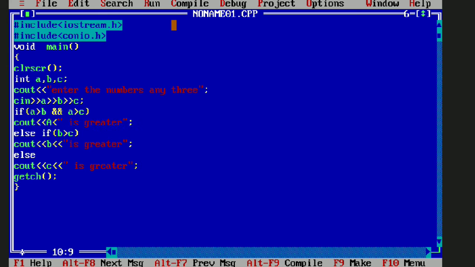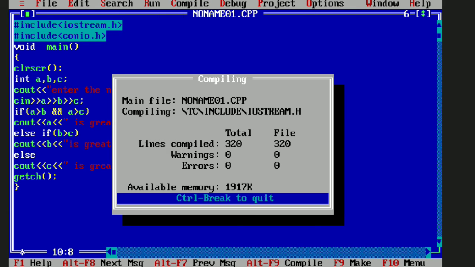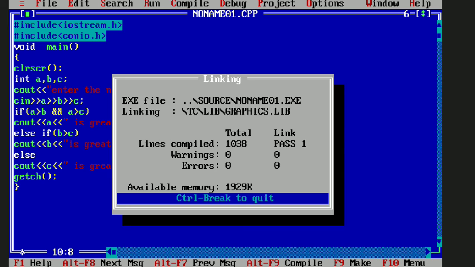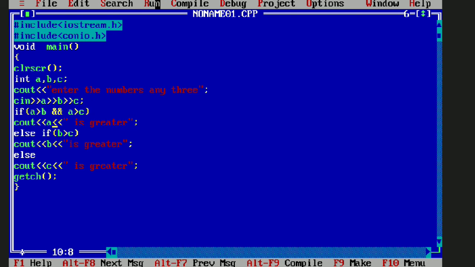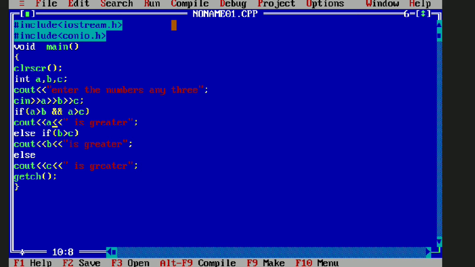So it is a. Now it will show you which number is greater. So let us compile. It's compiling and there are no errors, I guess, and let's run it. When you run it, it will show enter any three numbers. So let me insert the three numbers. So 5 is greater, the number is printing, and after that "is greater" is also printing.